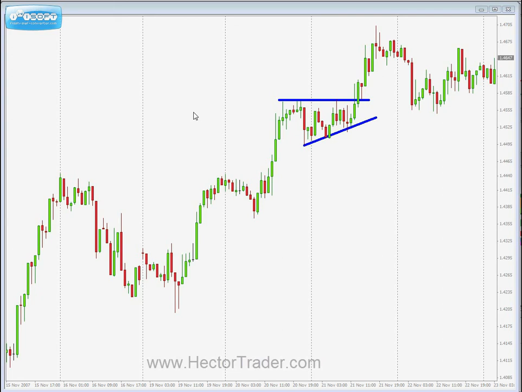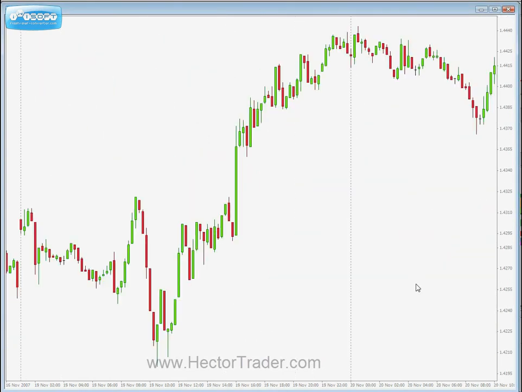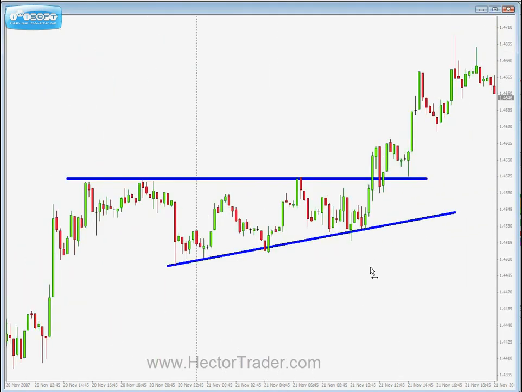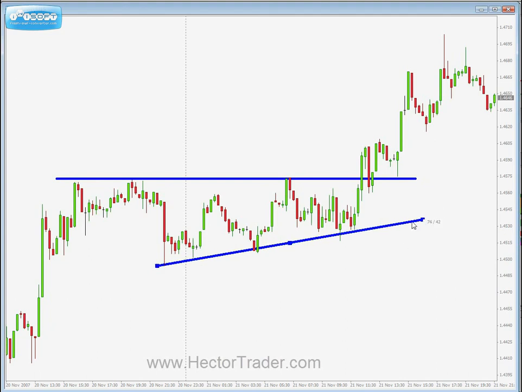Always remember that my trigger chart is 4 times shorter or smaller than my setup chart. So since this is the 1 hour time frame, I will zoom into the 15-minute chart in order to search for an entry. All right, let me try to find, there it is, there's the triangle. Let me redefine a little bit better the lines. There we are. So as you can see, basically we have a breakout, then we have a pullback and a continuation. In fact, in this case, our long trade was